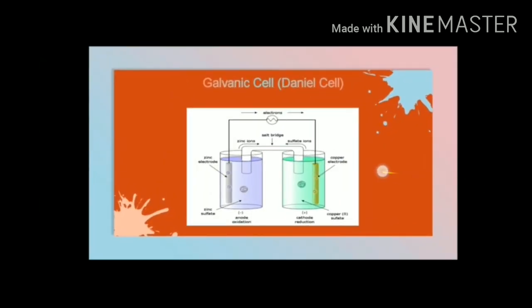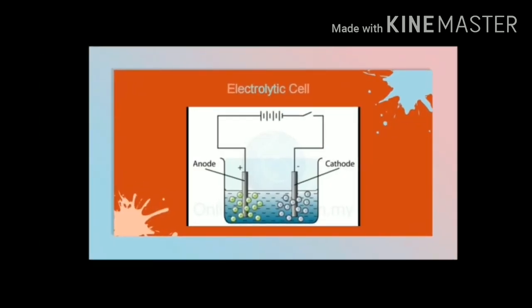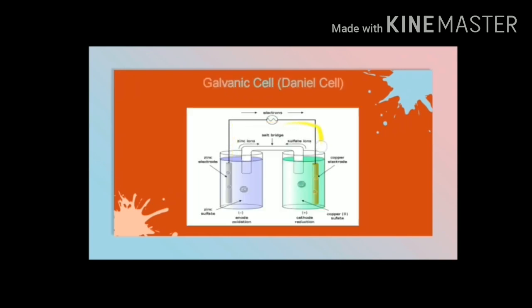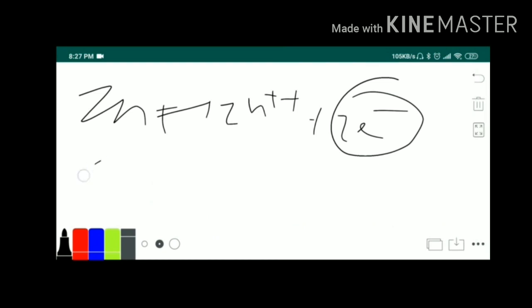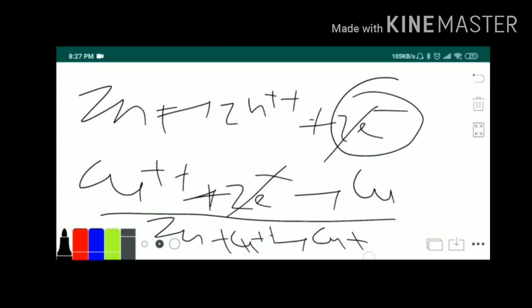During this reaction, these 2 electrons will flow. This electron will flow from here to here, and Cu++ accepts 2 electrons to form copper. So to write the overall reaction, see, these two will go. Zn plus Cu++ gives Cu plus Zn++. This is our overall reaction